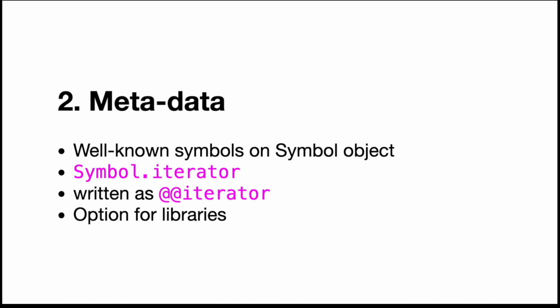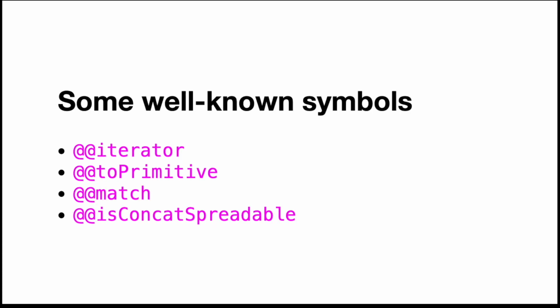And to complicate things again, people write them with a double @ symbol. So Symbol.iterator is very often written as @@iterator, but it doesn't work, of course, in JavaScript. That's invalid syntax. I tried that when I first saw it. I put it there and it said it doesn't exist. I was like, what is this? So just so you know. But I will use it so you get used to it as well. So these are some well-known symbols.